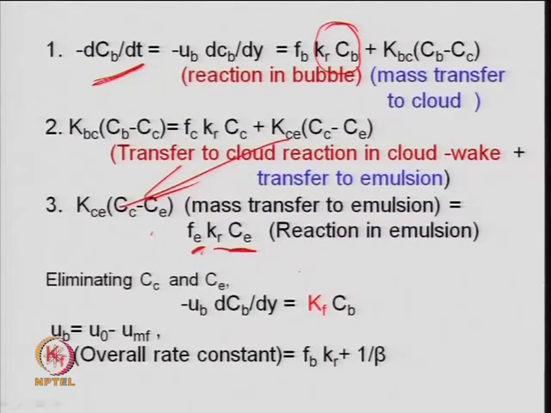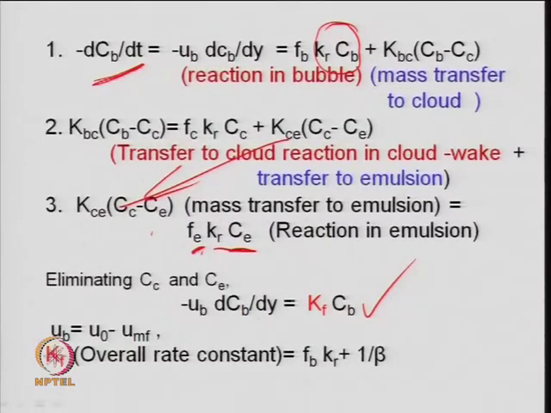Now you can eliminate the intermediates easily, you can add these equations, and you have the concentration expression in terms of the bubble phase concentration. So you just simplify it. You have minus ub dCb by dy, which is here, equal to some overall constant, because this cancels, this cancels. The remaining terms are in terms of the kinetics, this and this term. So, overall some constant which we call Kf, the overall rate constant, which will have some contributions of the resistances. So, Kf times Cb. Now this is a function of Cb.